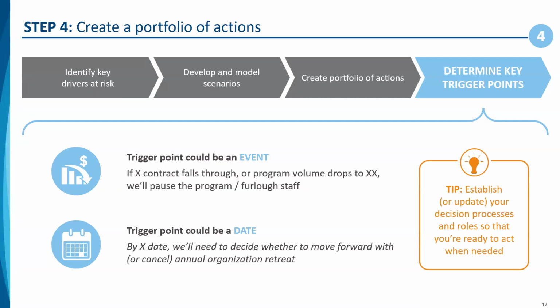So at what point will you maybe decide to furlough or lay off which staff? When should you press pause on certain employee benefits like a retirement match? What will prompt you to shut down a program delivery site? And these are really tough questions and tough decisions. But these trigger points, whether signaled by internal metrics or external events, can serve as guardrails for you and your leadership team through the crisis and its aftermath. And they'll also help speed up decision making down the road.